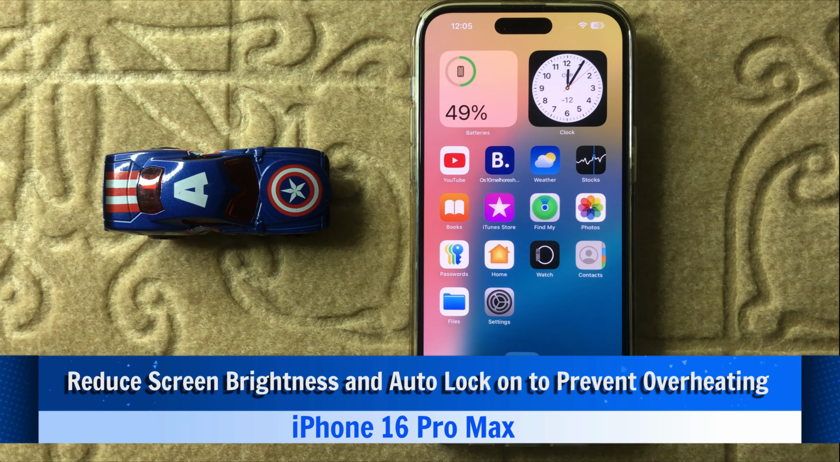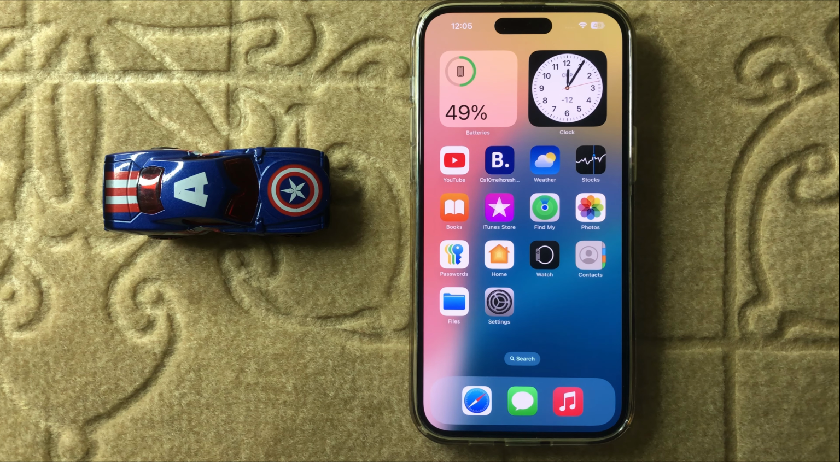Hello everyone, today in this video I will show you how to reduce screen brightness and auto lock in iPhone